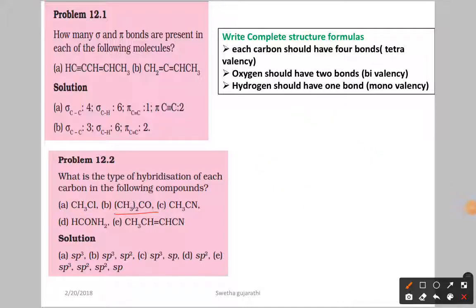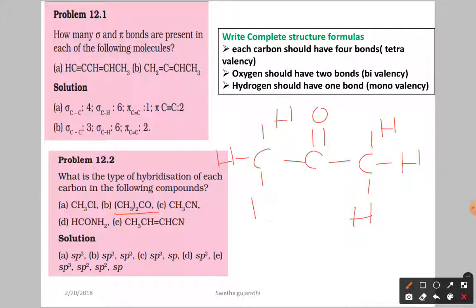Next, the second molecule, this is acetone. Let us write the complete structure. This is C double bond O, having two CH3 groups. I am writing the CH3 groups clearly like this. So this is the structure. For organic chemistry you have to practice more, then only you can write the structures clearly. Don't worry, by practicing you will get it. So this is the complete structure of the molecule. Now let us see here. This carbon atom's hybridization is sp3. Why? Because we have 4 sigma bonds.